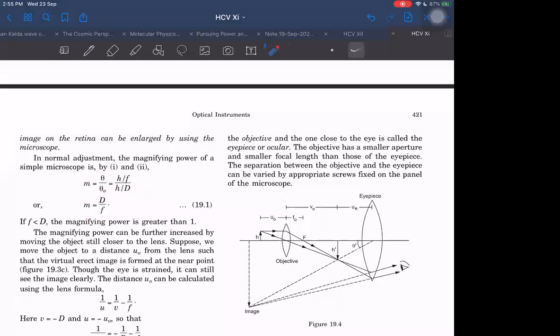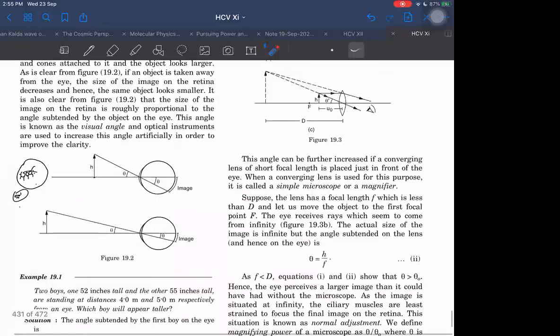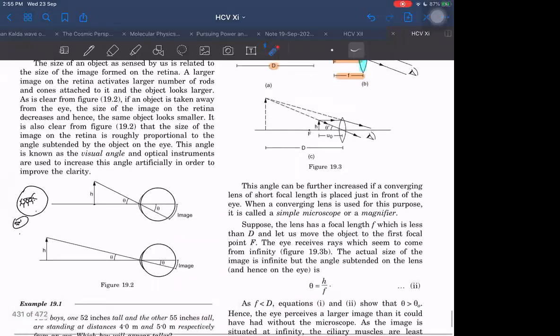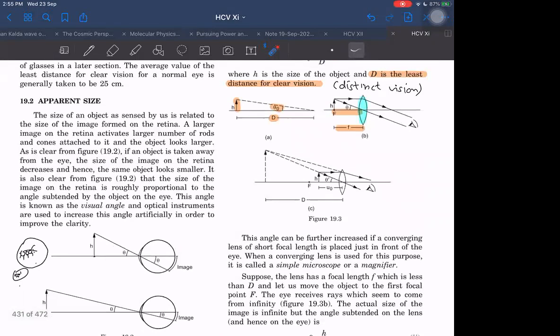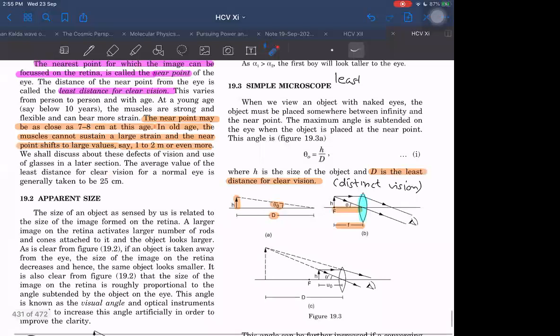It comes out to be equal to d by f. That is it. Okay. And d by f is also for which cases? When we are keeping this object up to distance f, can we bring it even closer also? I think somewhat closer we can bring, but then the image will be formed at a near point, I think so. Means I can bring it up to the near point also.